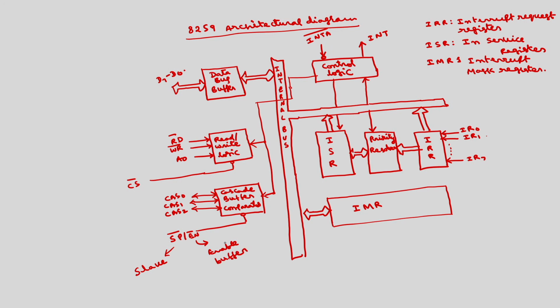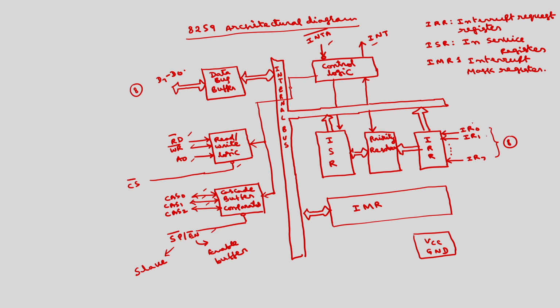So, there are a total of 28 signals: 8 signals here, 16 signals, then 2 signals here, 18, 19, 20, 21, 22, 23, 24, 25, 26, and there are 2 signals, VCC and ground. This 8259 is a 28 pin IC. So, if you come to the functions of different signals,